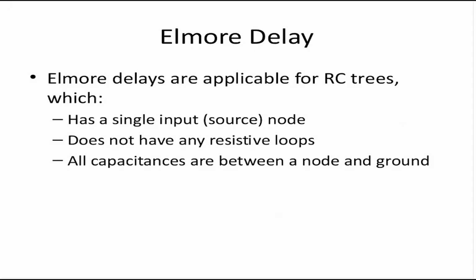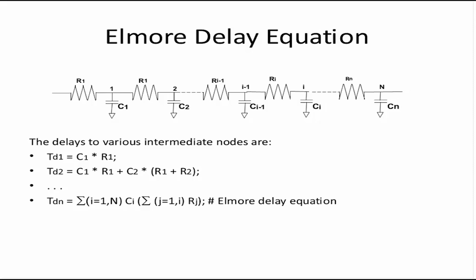It has a single input node, does not have any resistive loops, and all capacitances are between a node and ground. For such networks, PrimeTime will employ Elmore delay. Let's see what the Elmore delay equation is. So for any network which has R and C, any network which can be segmented into such a case, the Elmore delay is